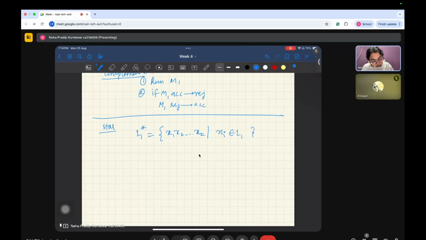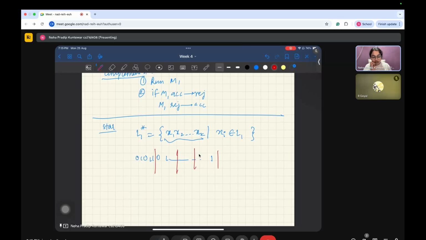So the point is, if I give you this input as 0 1 0 1 and so on, this entire concatenation of x1 to xk is actually one single string, where I don't know where x1 ends. So maybe x1 is this part, and x2 is the string up to here, and so on. So there is some kind of a partition, but I don't know which is the correct